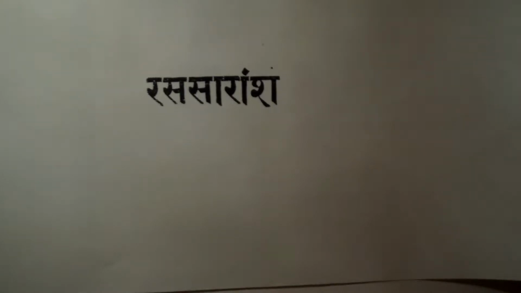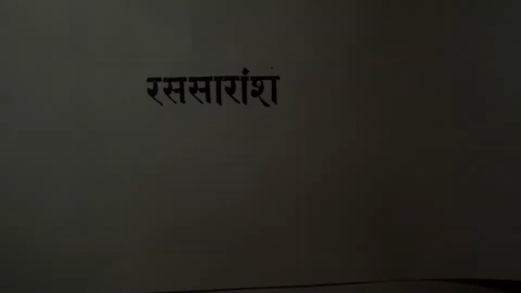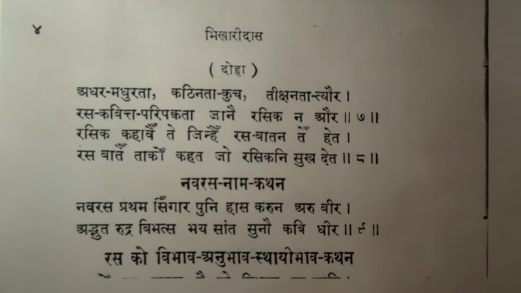And as you recall, we are using the 2013 edition by the Nagari Pracharni Sabha of Bhikharidas' collected works. So we're starting on page 4. After the initial Mangalacharan verses, verses that are meant to start off a work in an auspicious manner, Bhikharidas jumps straight to the heart of his work, which is rasa, and he begins to explain what a ras is and what a rasika is. So let's actually start before the formal assignment for the next class.